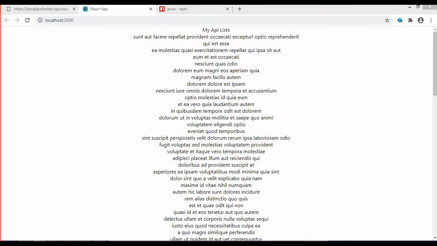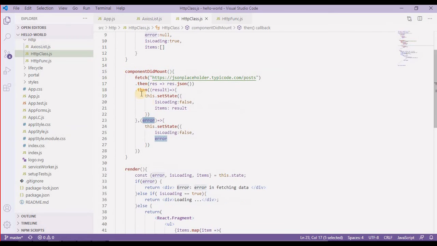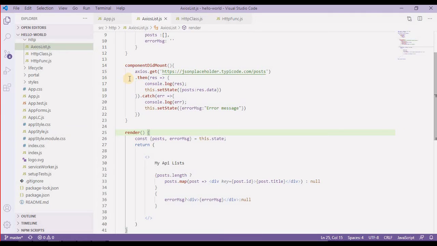Now you can understand the difference between Axios and the normal HTTP fetch in React.js. In that case we have to have this middle then method, but in Axios we don't need that middle then method, as it is returning the whole promise. So we can get it from simply one then method, and here we can use the catch block like we use in a JavaScript promise, the same kind of functionality. So this is it for the Axios get item.